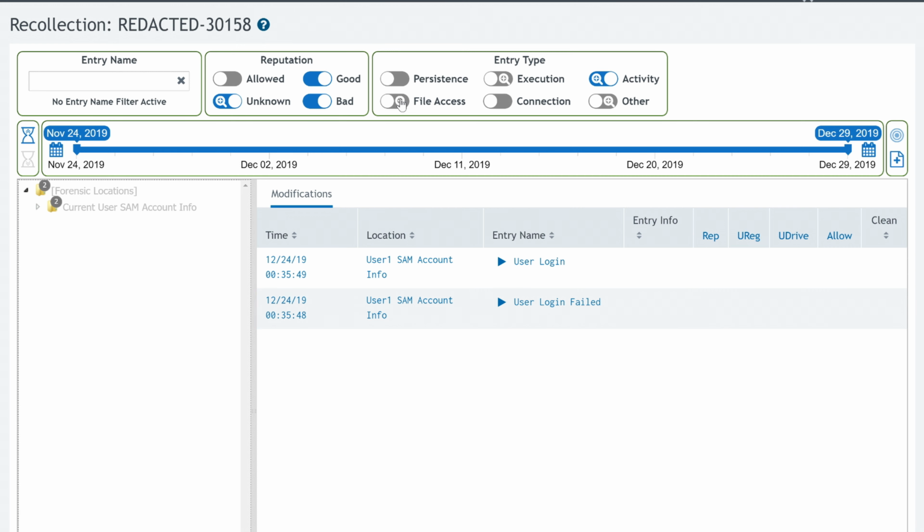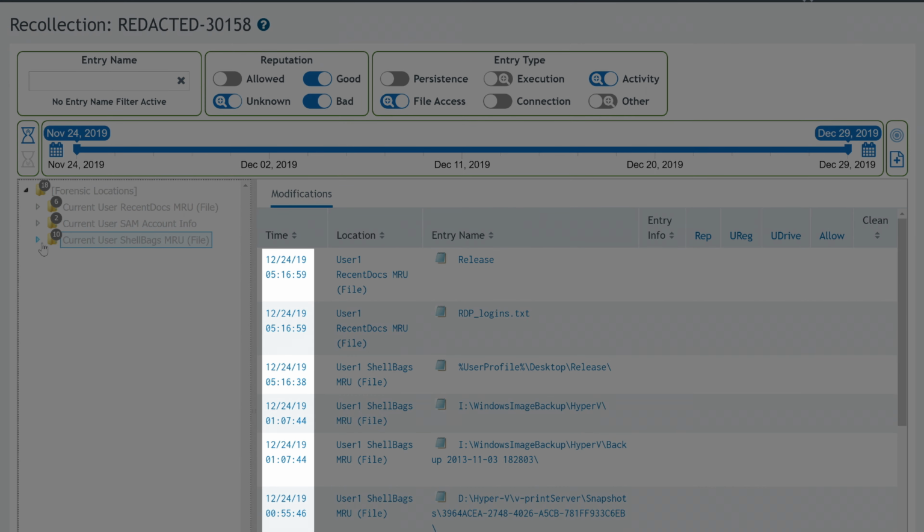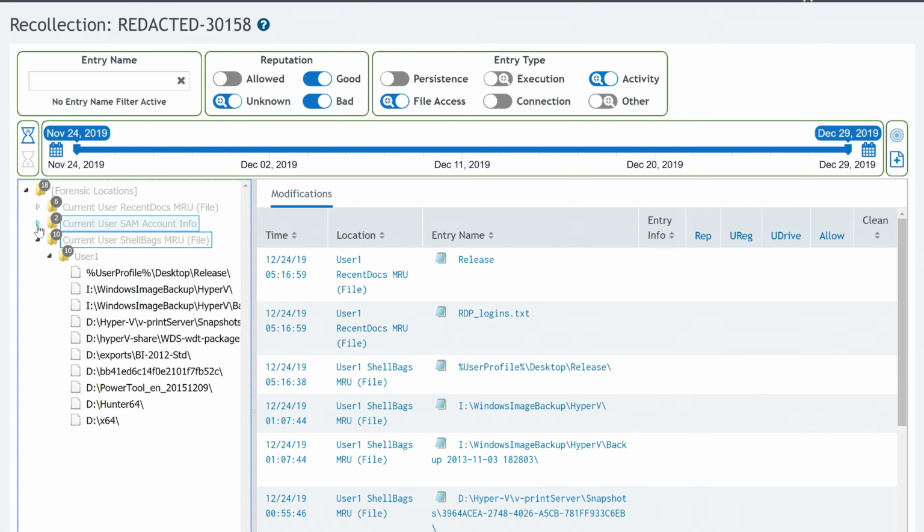We can corroborate this by looking at file access events for the user. All of the events took place on December 24th, and the number of shellbag and recent doc events is much lower than we'd expect for an account in active use. When asked, the owner confirmed this account wasn't actively used on the server and should not have been logged in